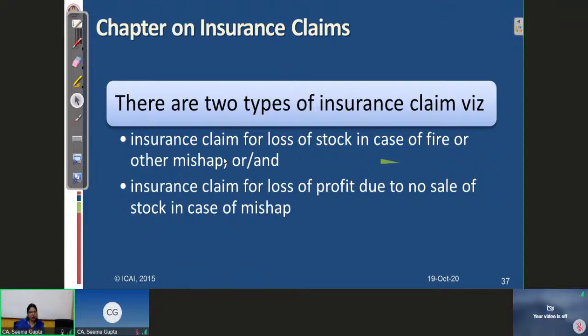However, if the loss of stock question comes, the students do not find it much difficult. But in case of loss of profit policy, the question becomes a little bit more heavy. Heavy in the sense, it may be a 14 marks, 12 marks or 16 marks question. In terms of marks, I am saying it is heavy. So you have to be familiar with both the methods.